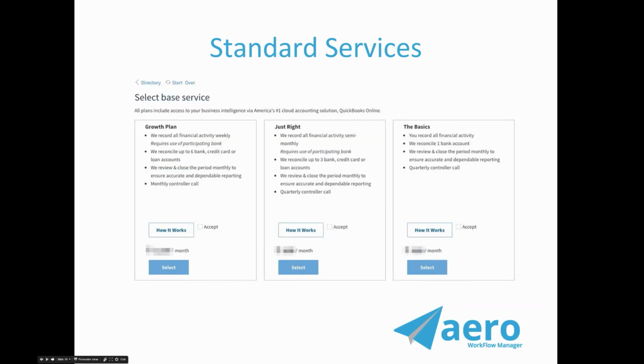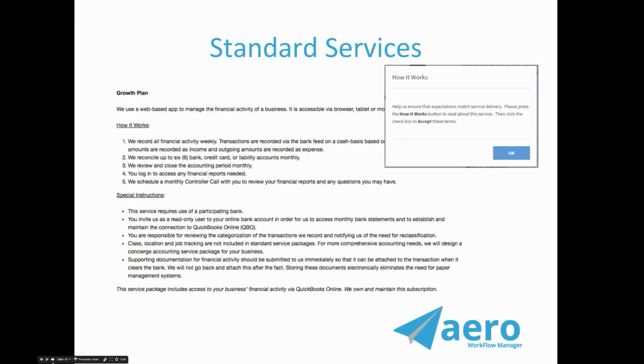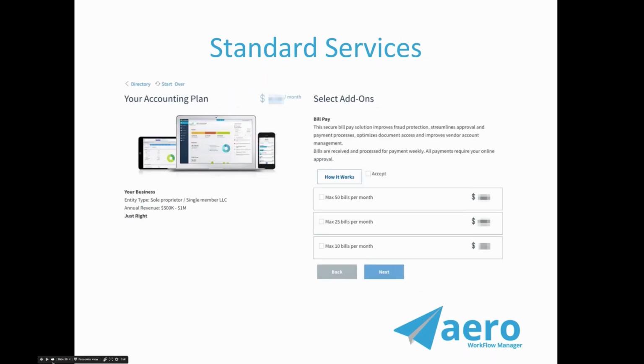I'm going to go back one slide and show you again what that looks like. So once they read that tab, they can then close it if they want, and then they check this box to accept, and then they select this plan and move forward. Okay? That was really important to us to make sure that we set the expectation for the type of work